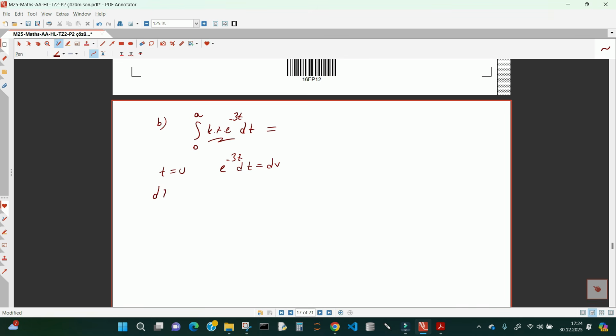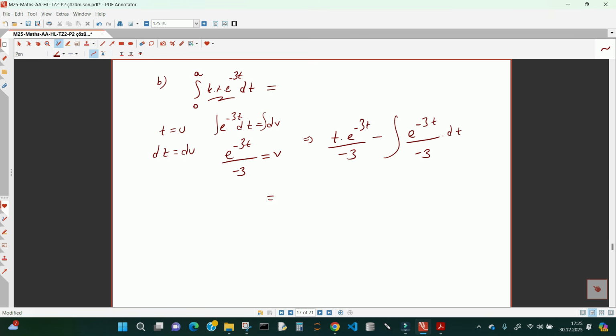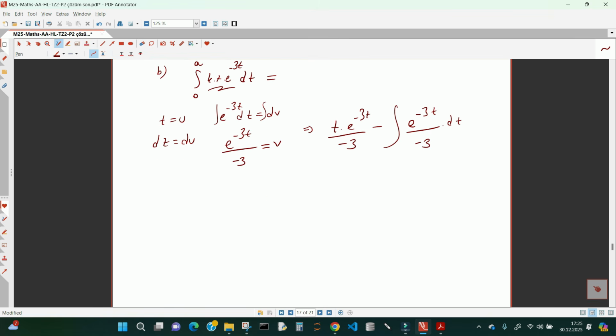So dt equals du, and we take the integral of e to the power of minus 3t, which equals e to the power of minus 3t over minus 3, equal to v. From here you can write u times v, which is t times e to the power of minus 3t over minus 3, minus the integral of v du, right? That is e to the power of minus 3t over minus 3 dt,